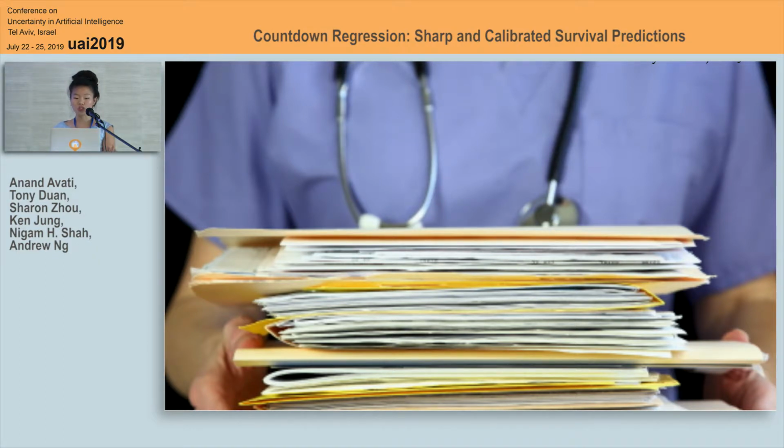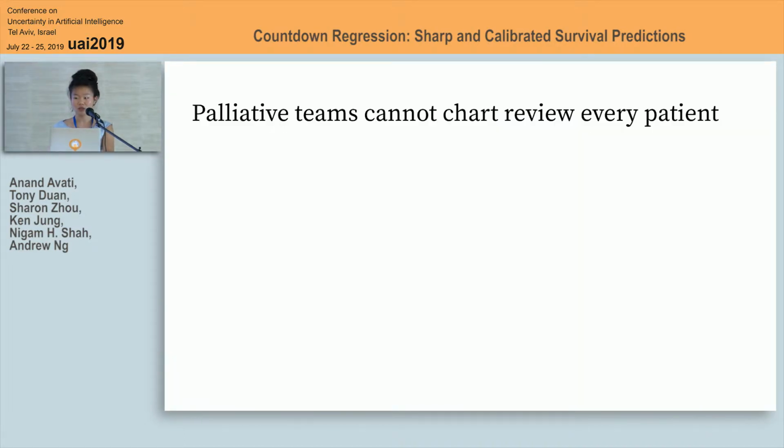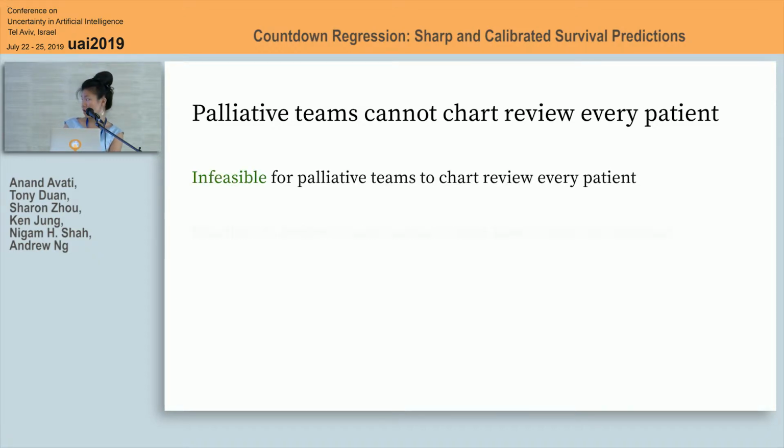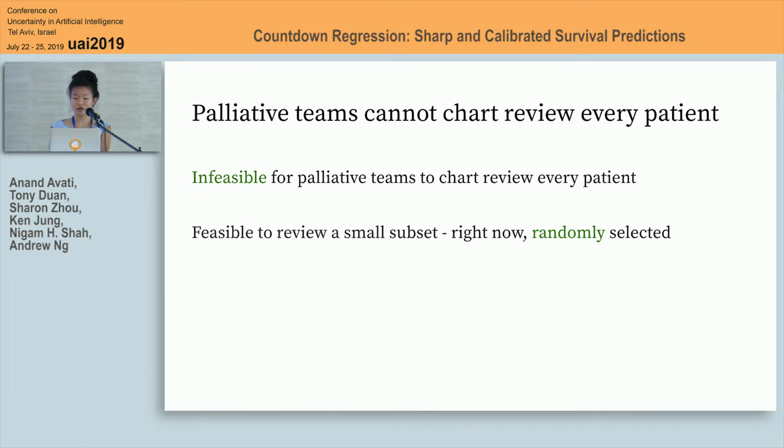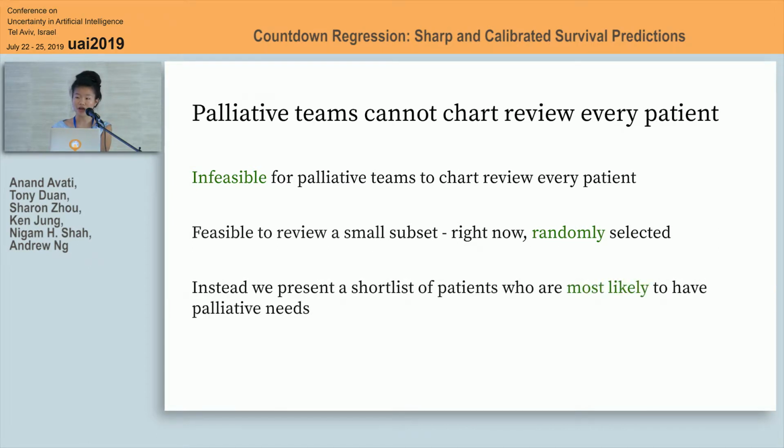But they don't know who to reach out to. There are so many patients to chart review. It's infeasible to review all of those patients, but it is feasible to review a small subset, and right now that is a randomly selected small subset. So instead, we present a short list of patients who are most likely to have those palliative needs using machine